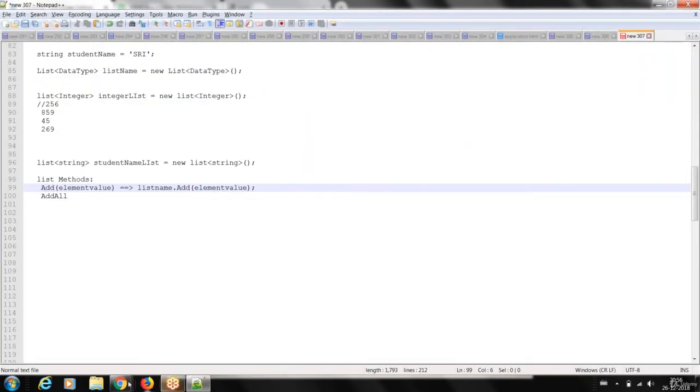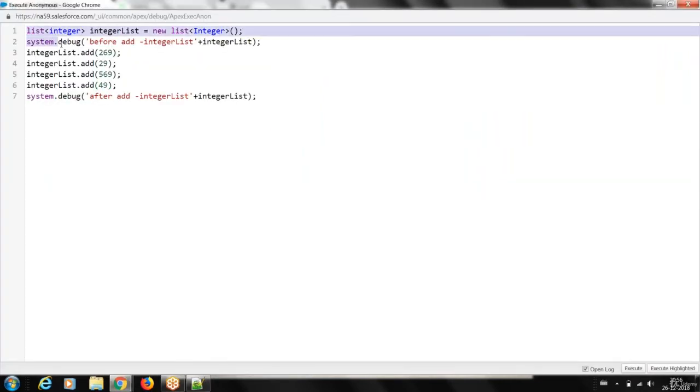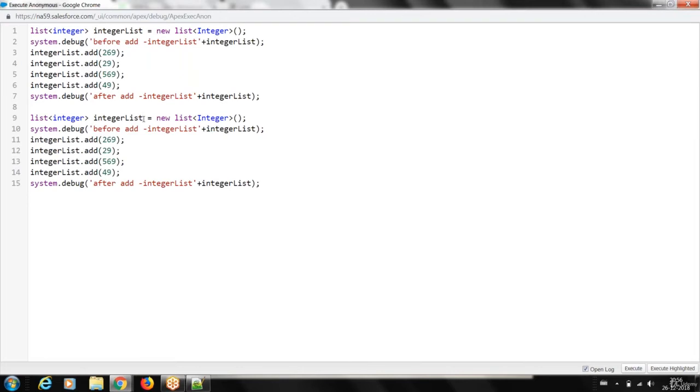So like this, consider I have two collections. I'm just copying the complete code. In the same way that I have an integer list, I'm going to add integer list 2.